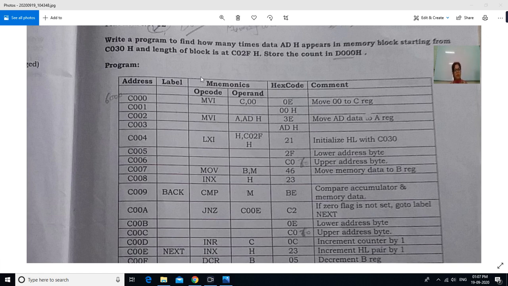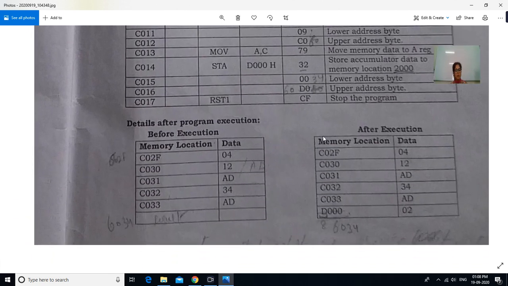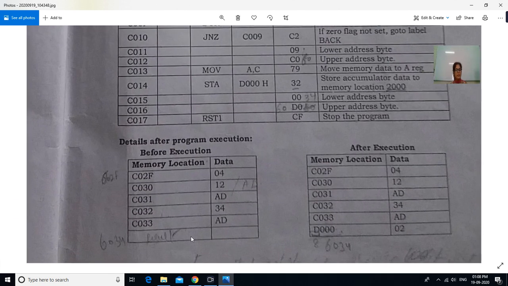They have given the length of the block in this memory location and the starting address from where we have to fetch the data is this location, and we have to store the total count of how many times it appears in this memory location. So first of all, look at the before execution part.